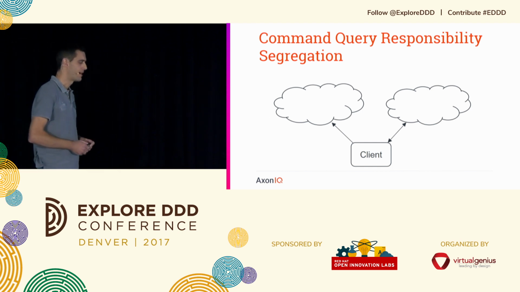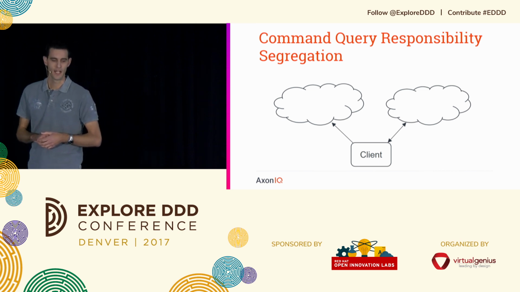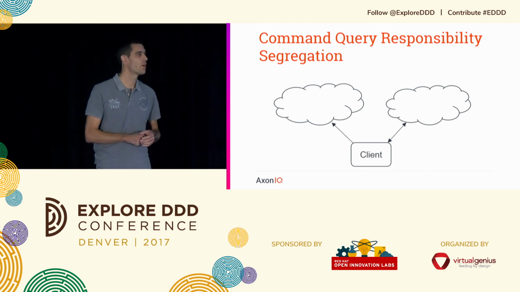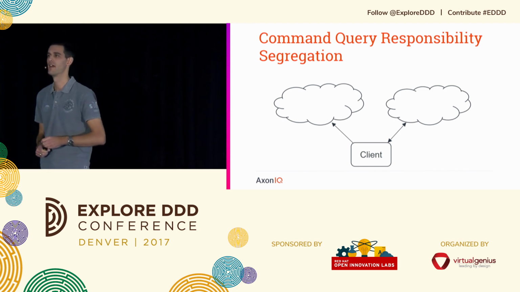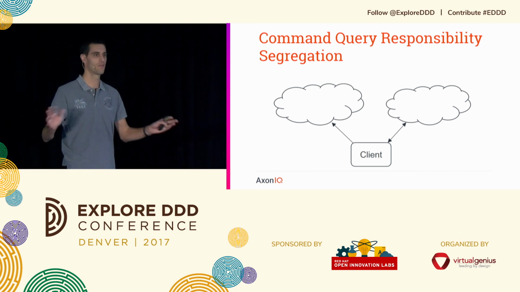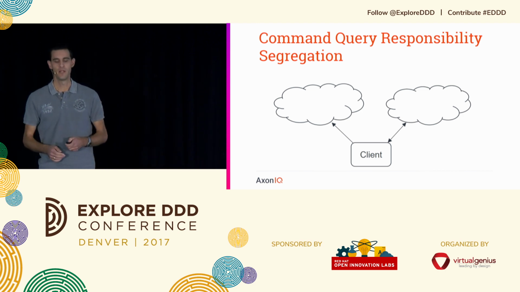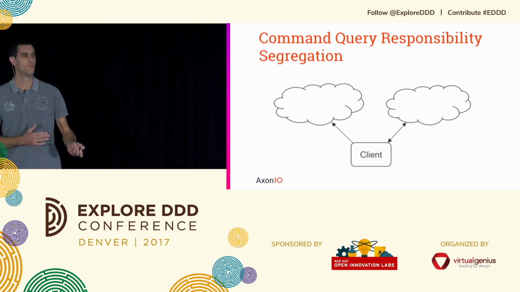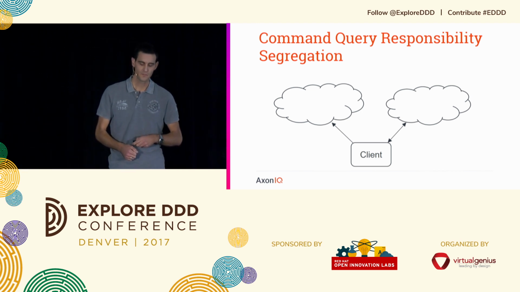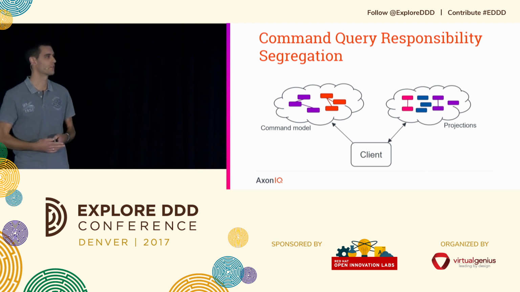Now, I have a background in CQRS. I've been applying CQRS a lot, and one thing it helped me realize is that you should not apply it everywhere, and it's not always about CQRS. There's a lot of RS always. There's a lot of responsibility segregation all over the place, but it's not always about the commands and the queries. But it did give me some insight into how to separate models and make sure that they're useful for that one specific purpose that you give them. And if you can't choose a purpose for a model, at least separate on the C and the Q, on the command and the query.